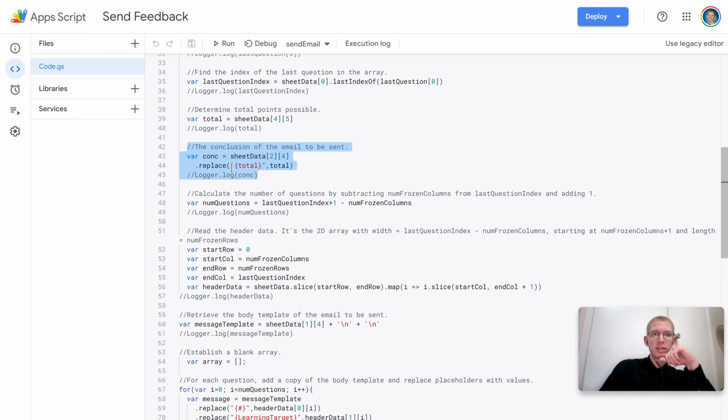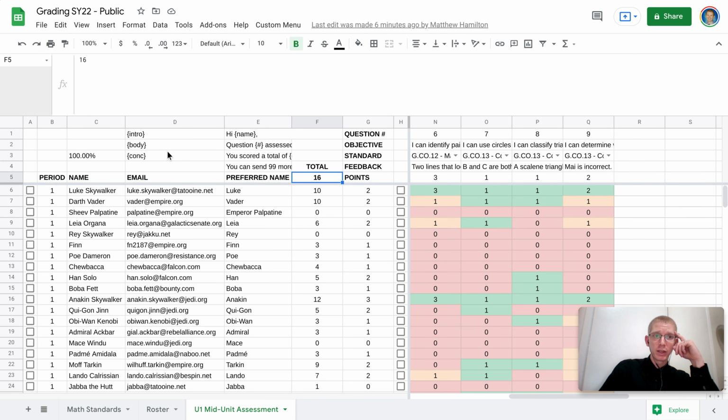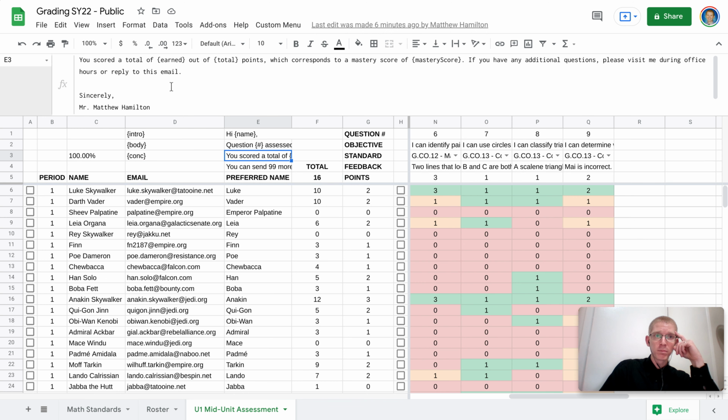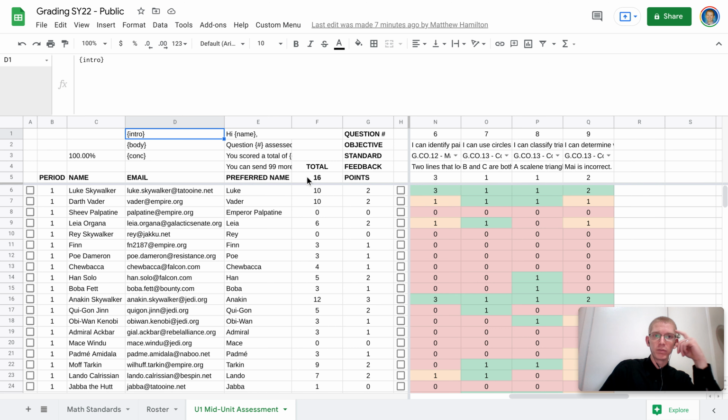We're going to be replacing the placeholder for total with the actual total, right? The total points. So when we go here to the conclusion, it's going to say you scored a total of this many earned points out of this many total points. So this placeholder right here is going to get updated with this value that we've just pulled, the 16. Okay,